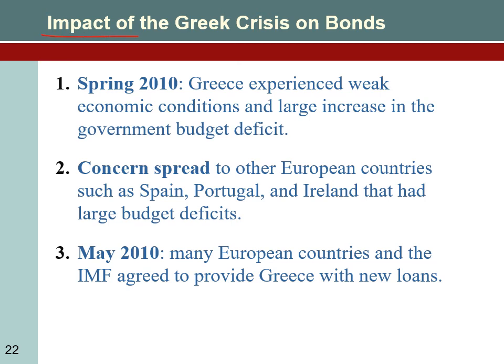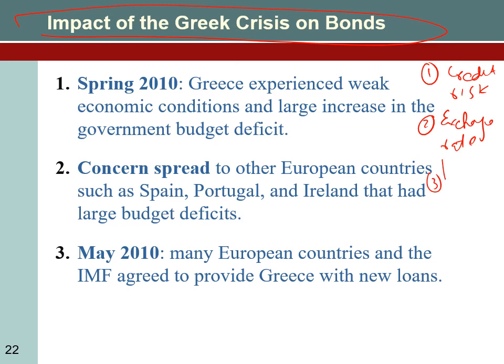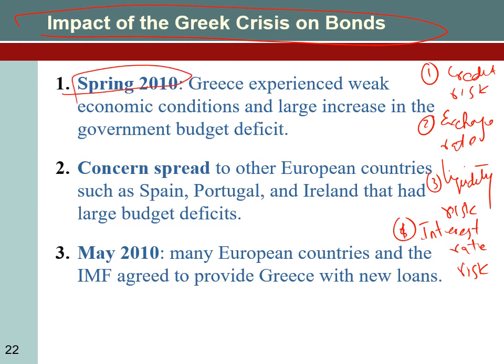Okay, let's talk about the impact of the Greek crisis on the bond, and we will connect this topic with the risks to the international bond. So what are the risks to the international bond? The credit risk, exchange rate risk, liquidity risk, and number four, interest rate risk. So what happened in spring 2010? Greece experienced weak